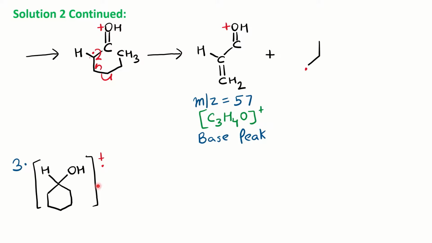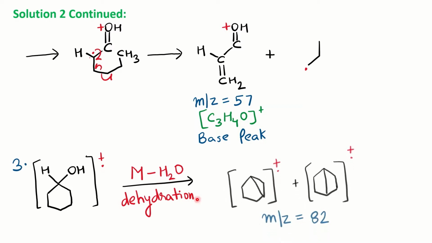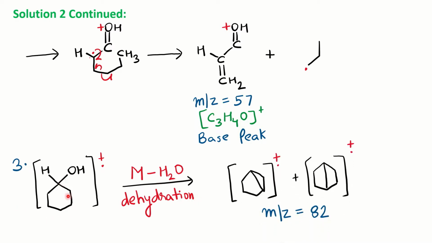So for that we have to do the third step, dehydration. We have written the structure. Dehydration is a loss of water, and as the question's fragmentation pattern says, it occurs 3 or 4 carbons away, the abstraction of protons. So 1, 2, 3. 3 and 4 carbon here, the abstraction of proton will occur, and it is going to form a bond here, a bicyclic compound, right? Bicyclic compounds with the loss of water.